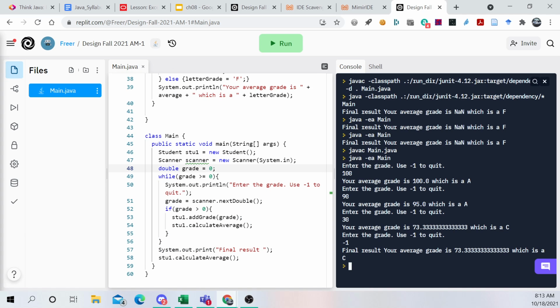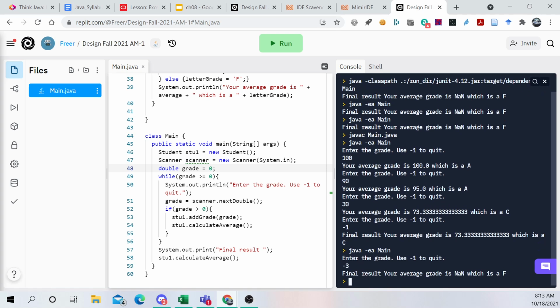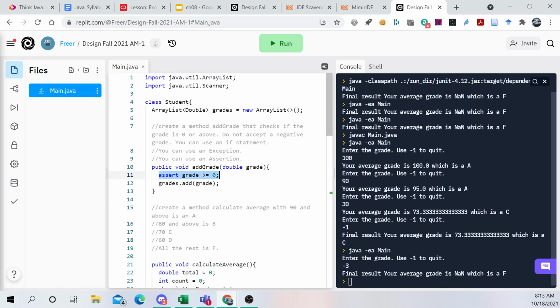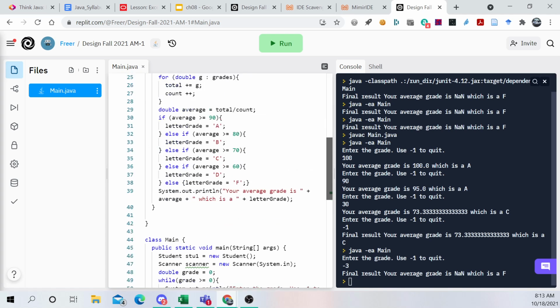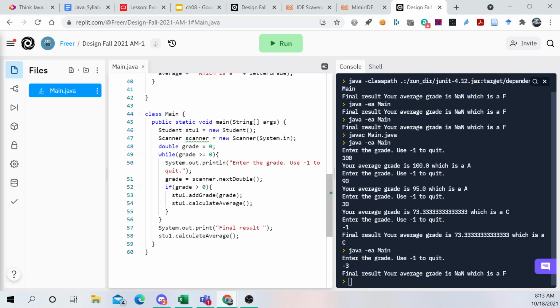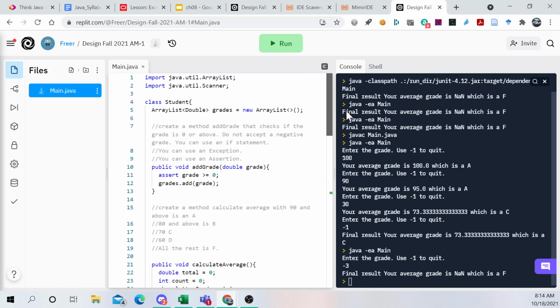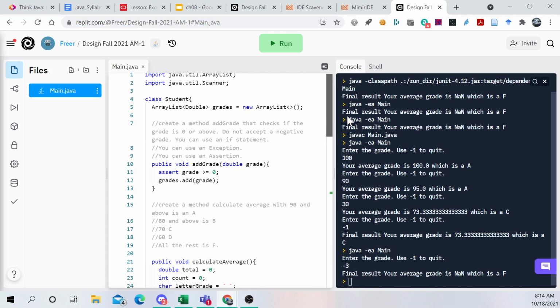We do go over here in Replit sometimes and have to type out Java space EA main. That's something that could happen. All right. So in this case, the assertion is probably not going to be used because we're doing the if statement, but assertions are really, really useful because if somehow we start using this,